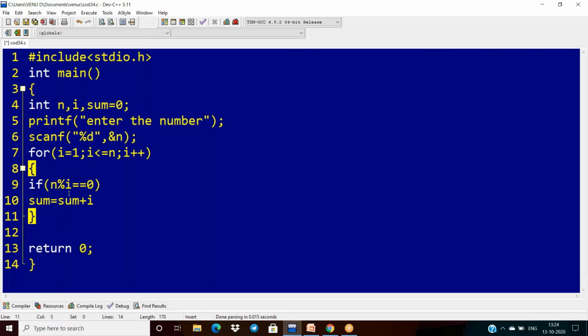That's all. Okay, but we don't want to include the n value, so that is why I'm removing the equal sign here. The condition is i less than n only.